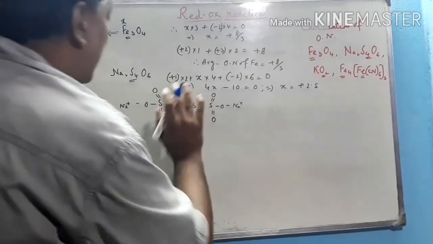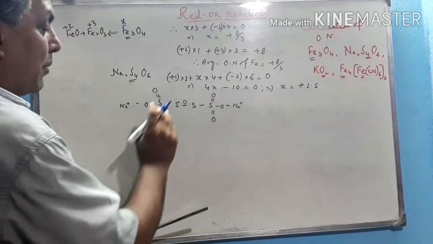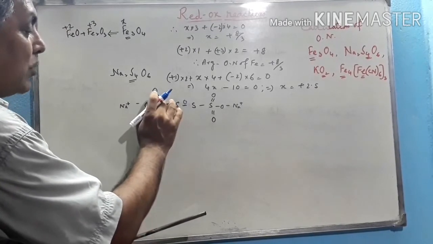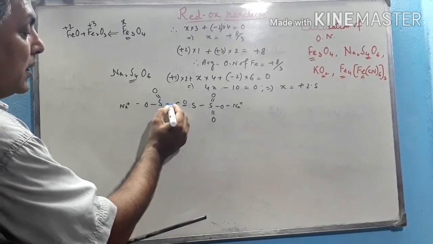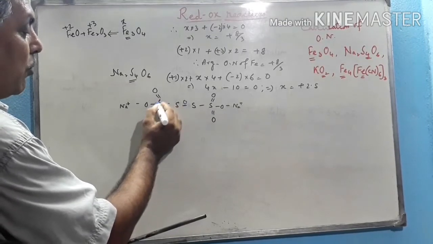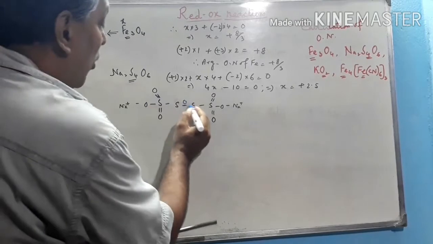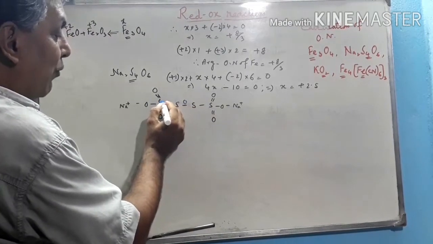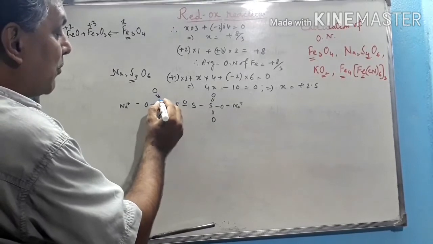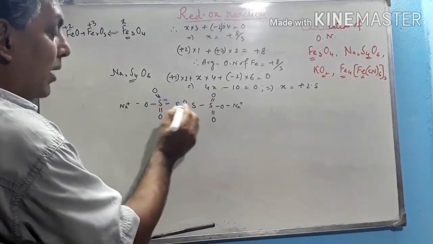Already we have actually discussed about this. So now calculate the oxidation number for this sulfur. How many bonds are in its surrounding? This 1, 2, 3, 4, 5, 6. Now this sulfur has only one bond attached to this sulfur. That's why for this sulfur occupies +1 charge, only one bond.